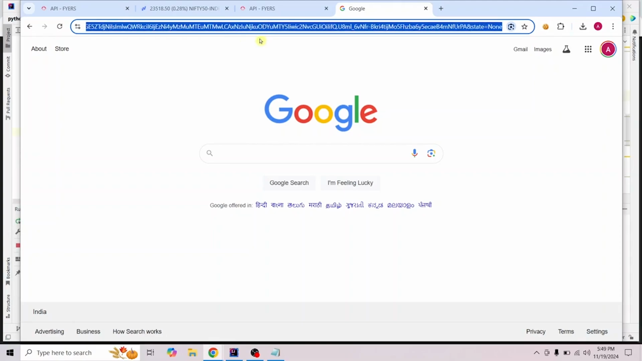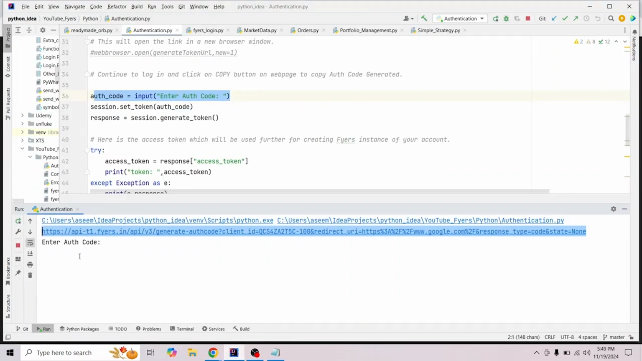So I'm going right on the right side, but on the right side you will see that right at the end there is something called and state equal to none. Please don't copy that. So no need to copy anything after ampersand. So this is the ampersand sign, the and sign. No need to copy anything after that. Just do Control C, come back to the code,